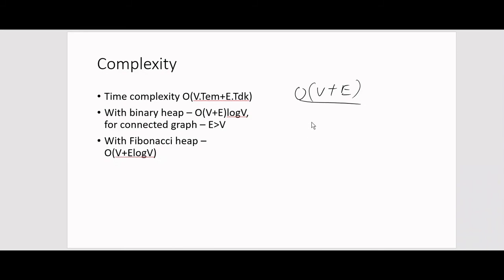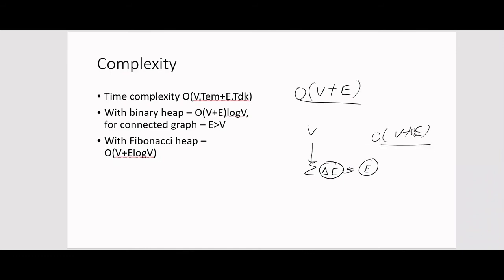Why V? Because we were going through all the vertices. If you see the iteration cycle, it goes through all the vertices. Here also, in case of Dijkstra, it goes through all the vertices, and in each iteration I am looking at some number of outgoing edges. Combined over all iterations, if I do the summation, it becomes E. So the total complexity there is O of V plus E.